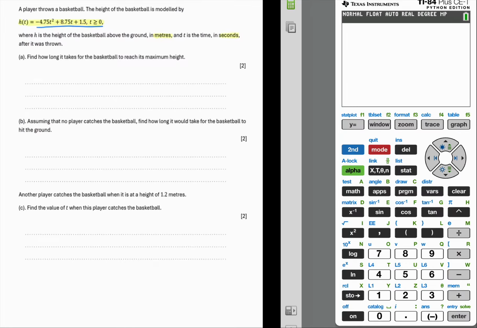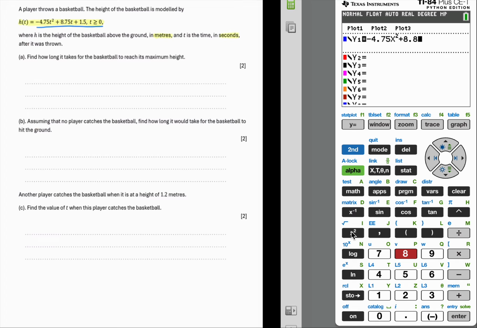So we're measuring the height in meters and the time in seconds. So I would suggest before we even start this question, we should first of all be graphing it. So we're going to go to our graphic calculator and we're going to type in the equation. So 4.75. Now we need to change any variable to an x. So it's going to be x squared plus